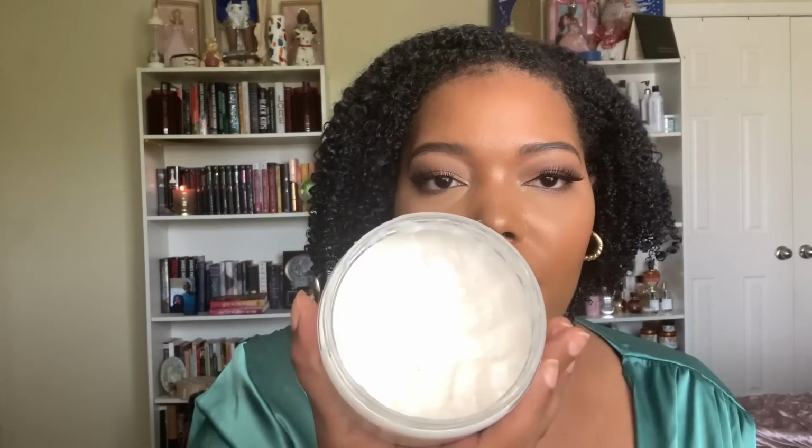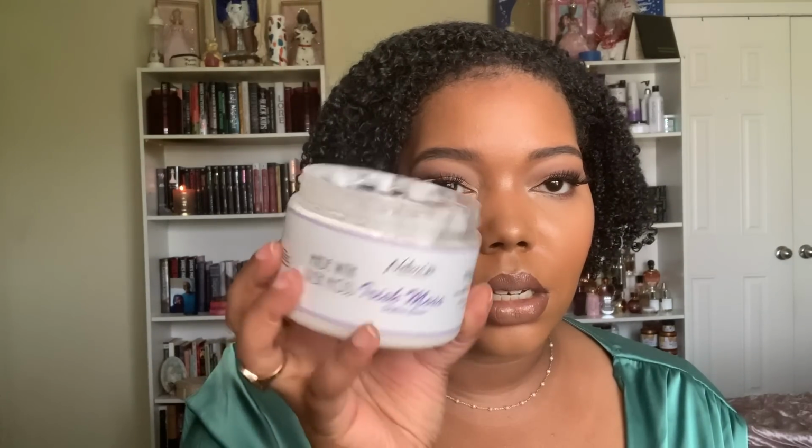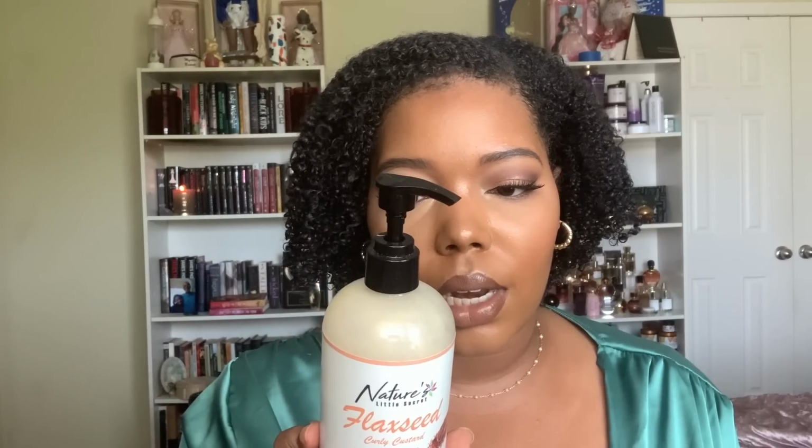And you can see I've been going through this, and this is mostly using it for wash and goes. Y'all know it takes forever for me to go through creams. And then if you have used the flaxseed curly custard, you already know this is a beautiful silky flaxseed gel texture. It doesn't feel like any other flaxseed gel that I've tried. It's very silky. It melts into the strands, and it really just gives you that effortless curl definition effect. This right here,